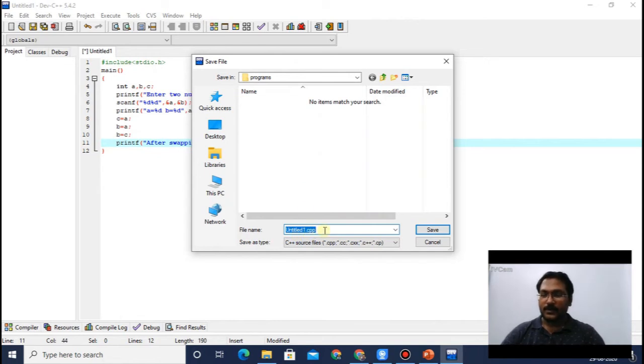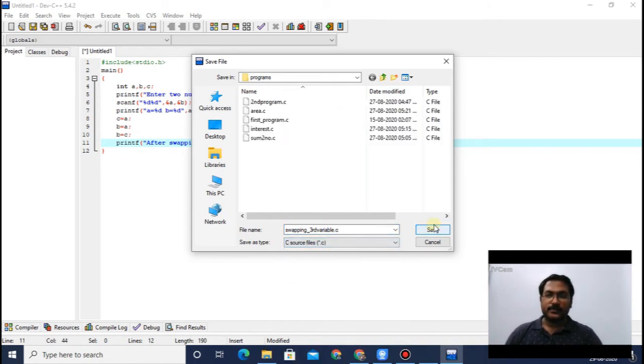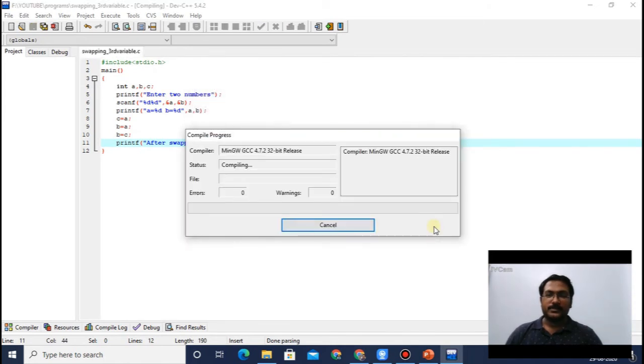I will write the program name swapping using third variable, and the save as type should be changed to C source file. Now save it. After saving, the compilation will be done.